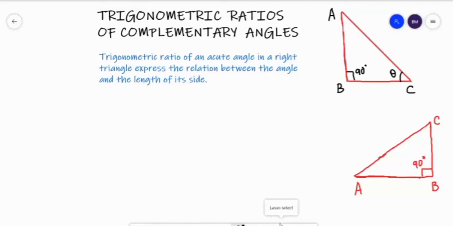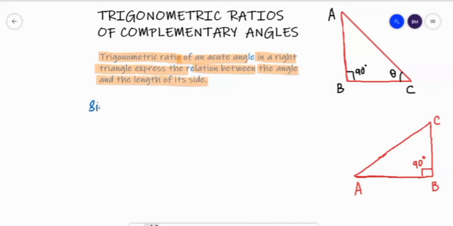Today we will discuss trigonometric ratios of complementary angles. Before that, we have to know what the trigonometric ratios are. The trigonometric ratios of an acute angle in a right triangle, that is a right angle triangle, express the relation between the angle and the length of its sides, and those ratios are defined as